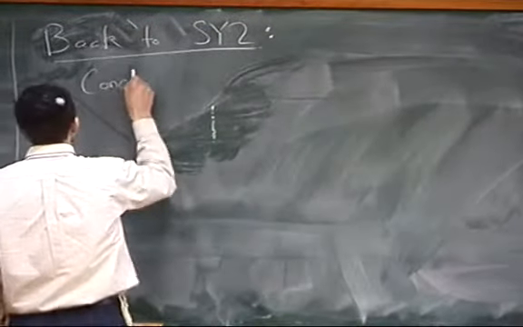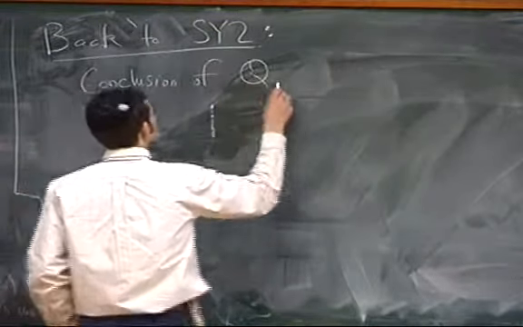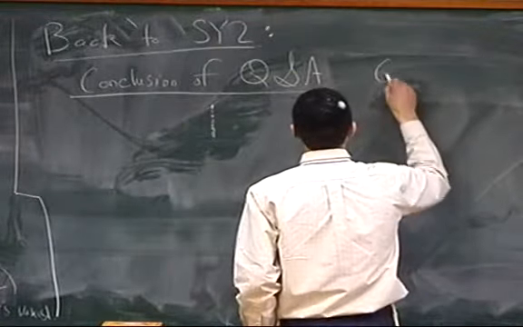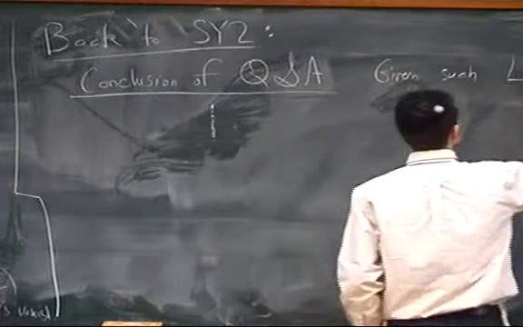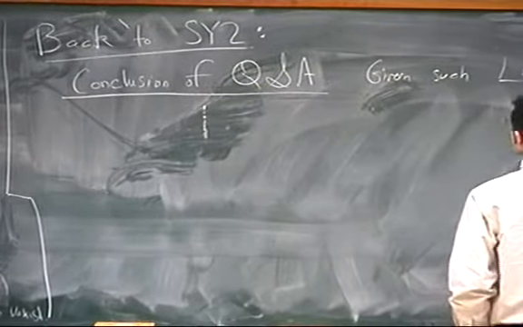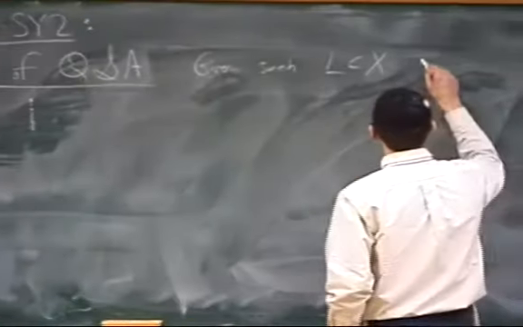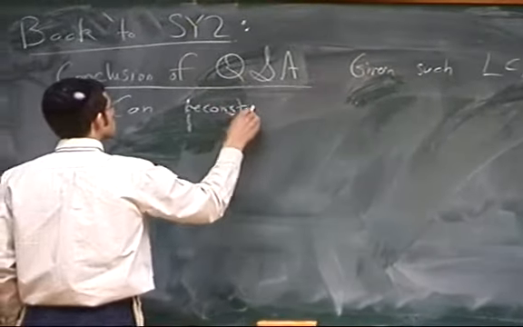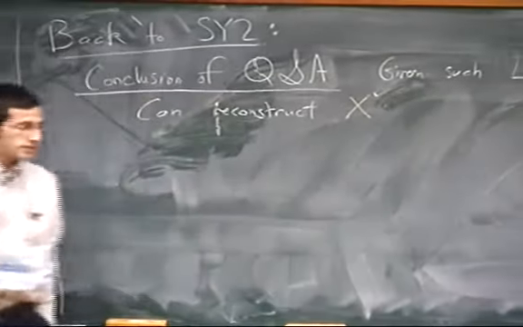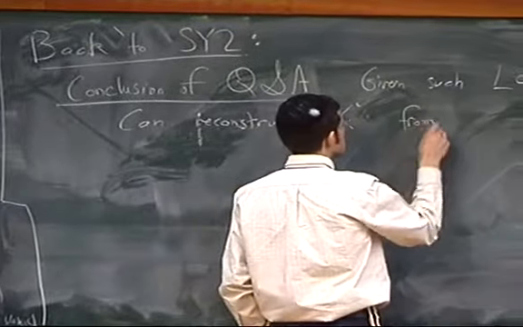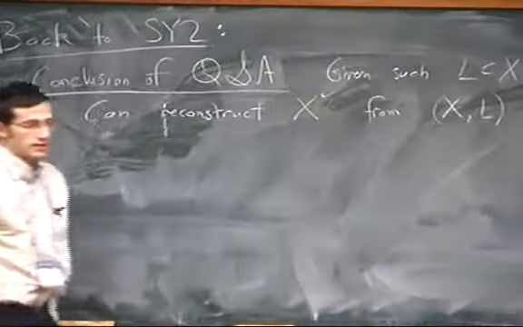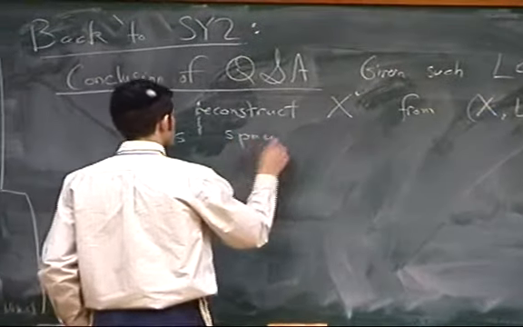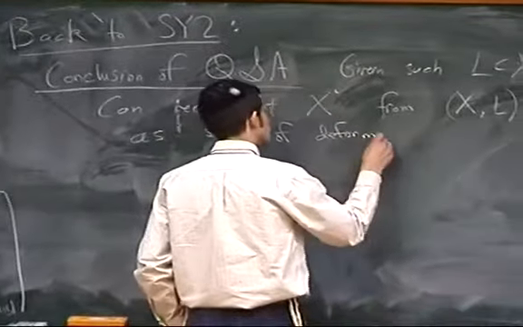Their conclusion was this kind of naive question and answer, that if we find the right Lagrangian L, then we can really reconstruct X, the mirror manifold, from just this pair of X and L, just by considering the space of all deformations. And of course that has to be elaborated upon.